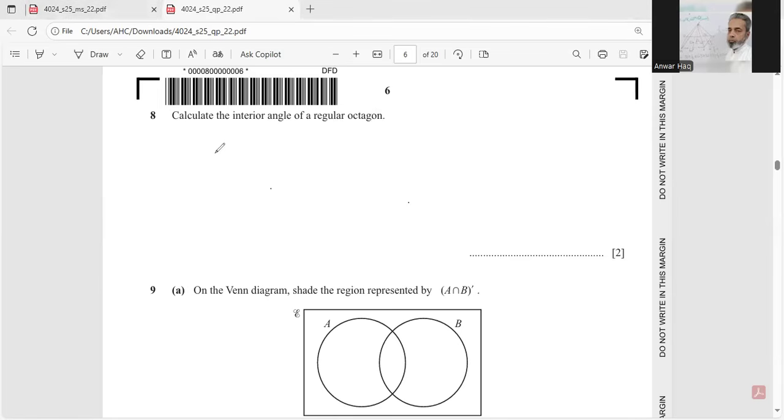For the interior angle, the formula is (n minus 2) into 180 over n, where n is the number of sides, that is, octagon, 8. So you will write here 8 minus 2 over 8, into 180. By simplification, you will get